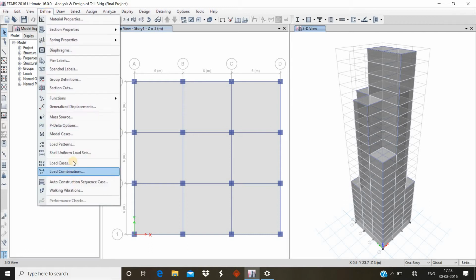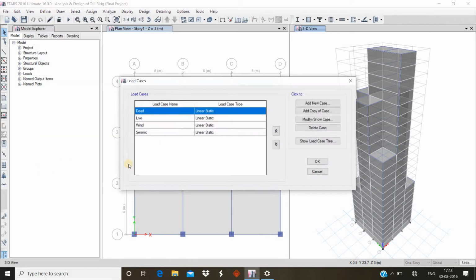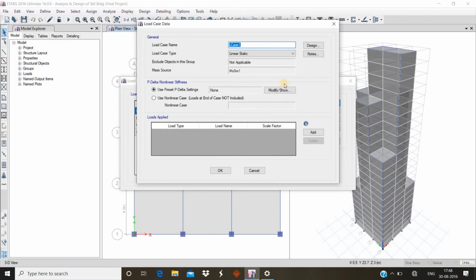Now go to the Define menu, then go to Load Cases, add new case here, and name it as response spectrum. The load case name will be response spectrum.